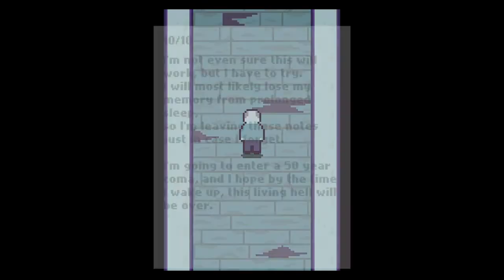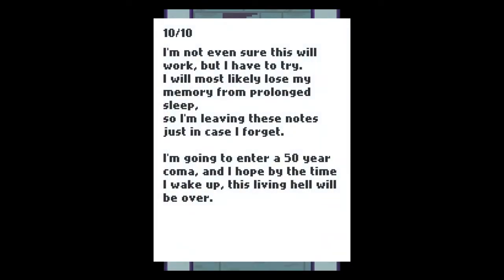I made it. Hooray! I'm not sure this will work, but I have to try it. I'm most likely to lose my memory from prolonged sleep, so I'm leaving these notes just in case I forget. I'm going to enter 50-year coma, and I hope by the time I wake up...